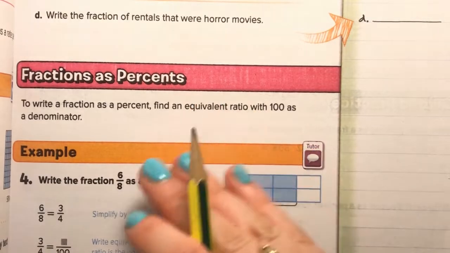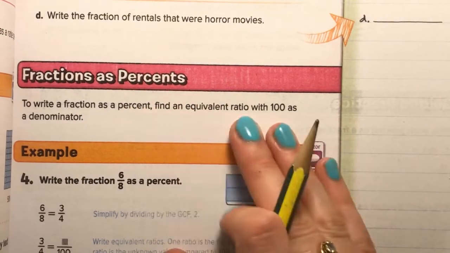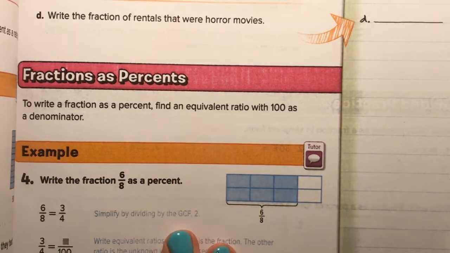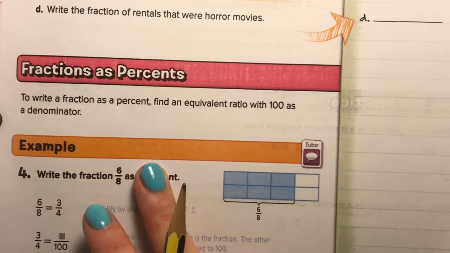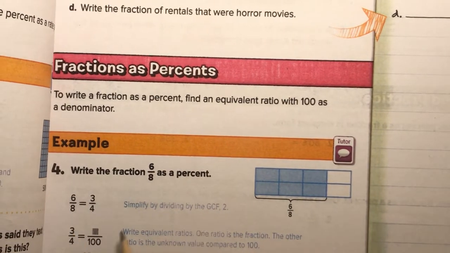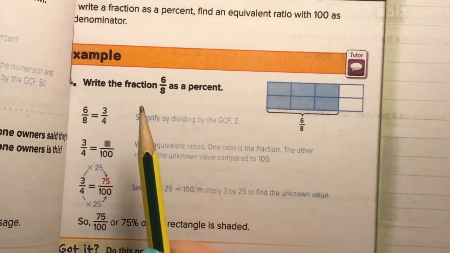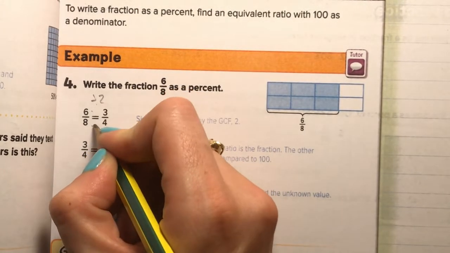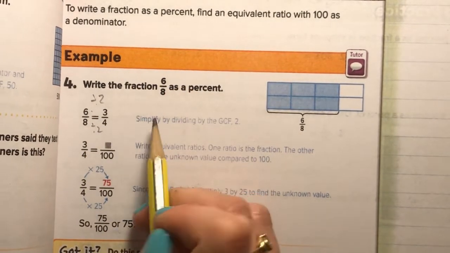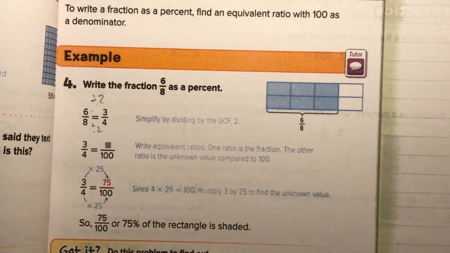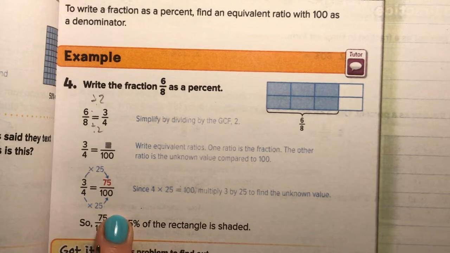Fractions as percents. To write a fraction as a percent, find an equivalent ratio with 100 as the denominator. So 6 to 8, right, as a percent. Well, you can't just make it out of 100. So what they're telling you to do is simplify that fraction first. So 6 out of 8, you can divide by 2 to get 3/4. And this is one of those benchmark fractions we should remember. 3/4 is the same as 75 out of 100. So 75%